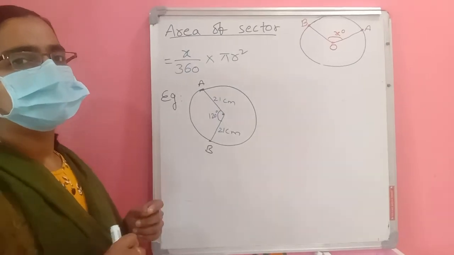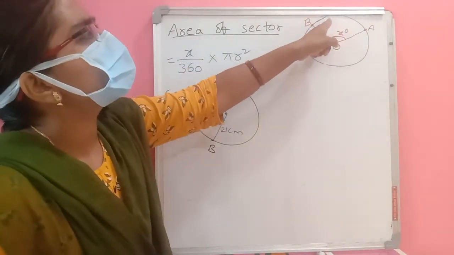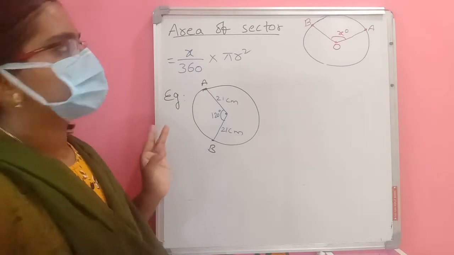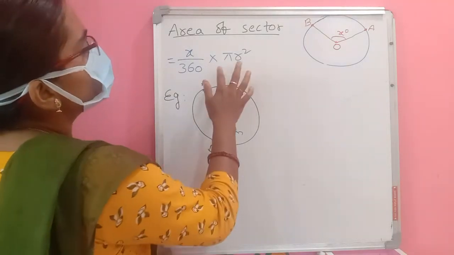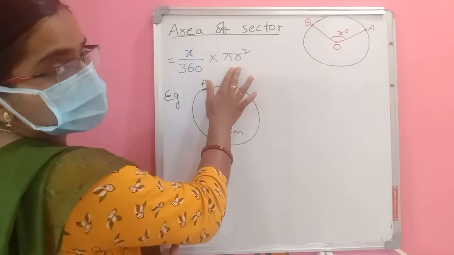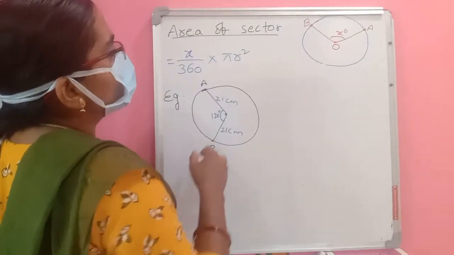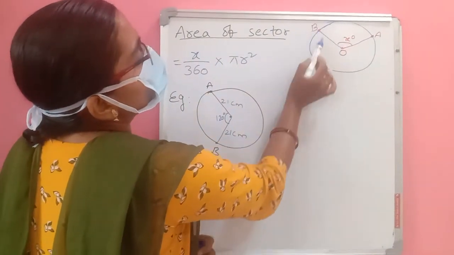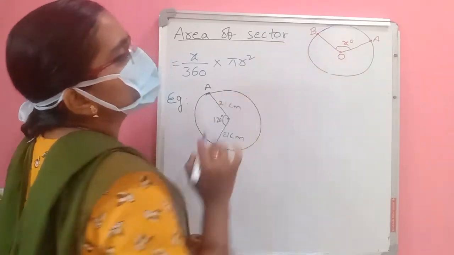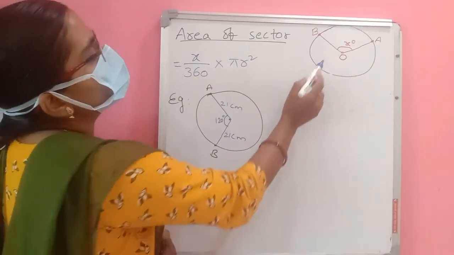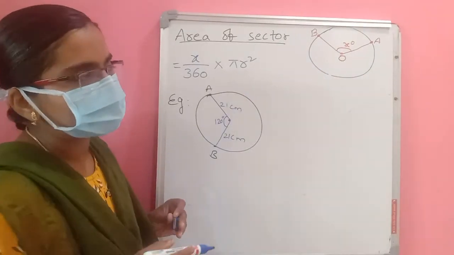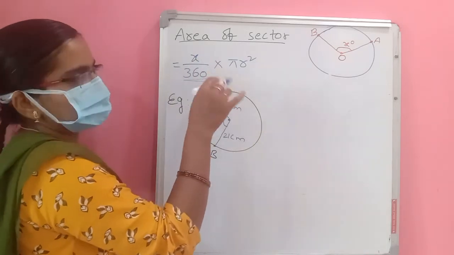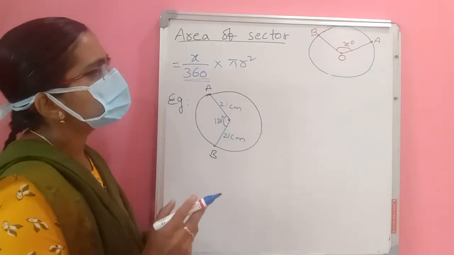Area of a sector. The region between an arc AB and two radii is called a sector. So what is the area of that sector? We have to know that the area of a circle is pi r square, the total circle. For the sector, first we have to know how much angle it makes at the center. If it makes x degrees at the center, then the area of the sector becomes x by 360, the total angle, into pi r square. This is the formula for the area of a sector.